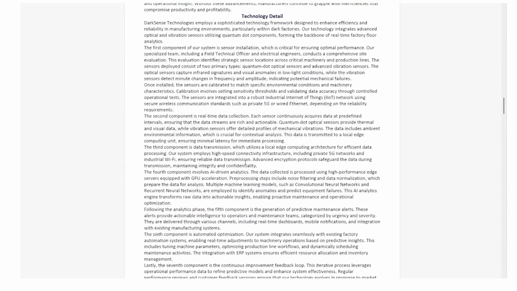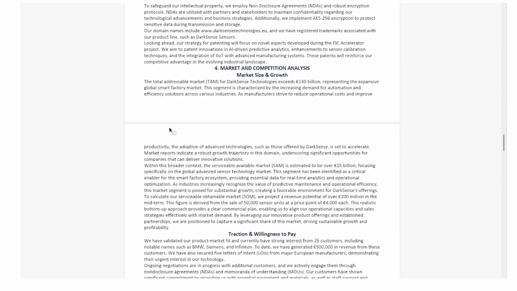So there's a lot of things there. But you can see it doesn't talk about anything else. It just talks about the tech. It just tried to break it down and explain it in simple terms. So this is definitely fine. And then the market, this is actually very well. So I gave it TAM, SAM, SOM